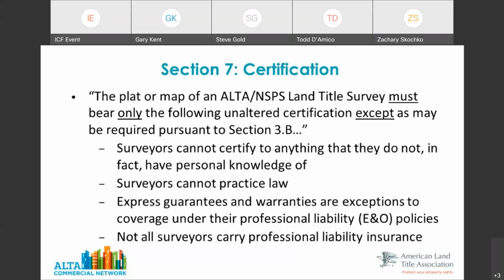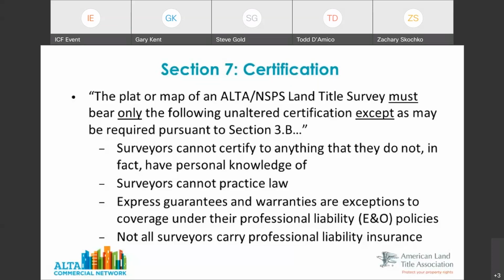What was happening was that lenders often had their own certification, which sometimes was a page or two long or more, and virtually every one of them included express guarantees or warranties. There are no encroachments, I showed all the easements, those sorts of things that a surveyor simply cannot say because it's above and beyond what the surveyor's knowledge is.